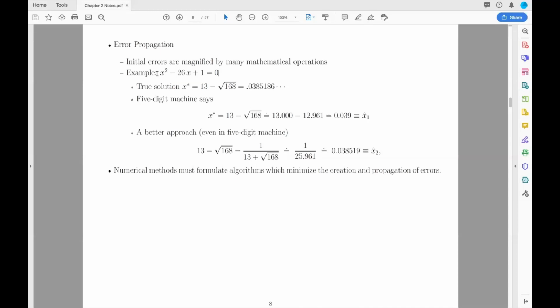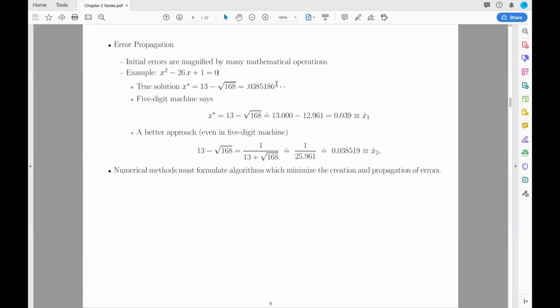Now I'm going to give you an example which I can understand, because I'm thinking in this world where I have 5-digit arithmetic, 5-digit precision. So think about this quadratic equation: x squared minus 26x plus 1 equals 0. What's the solution? Well, you use the quadratic formula. You see that a solution is 13 minus the square root of 168, which, by the way, using infinite precision expressions, is